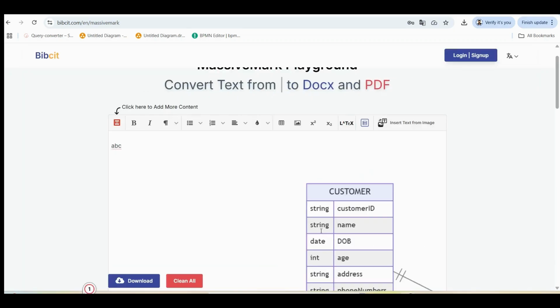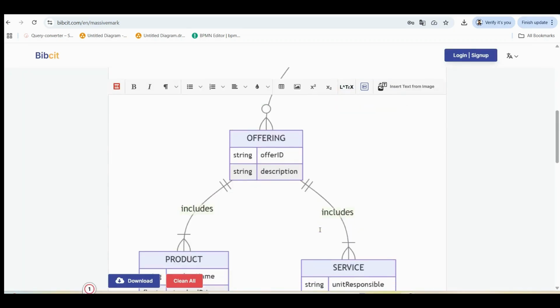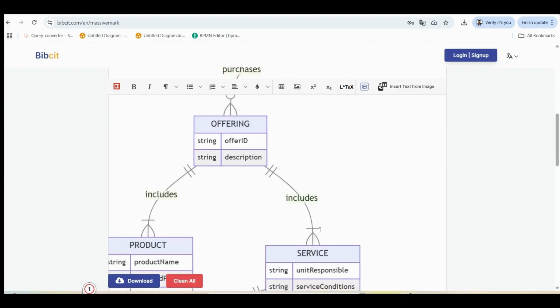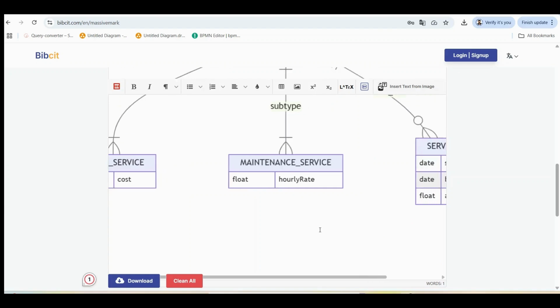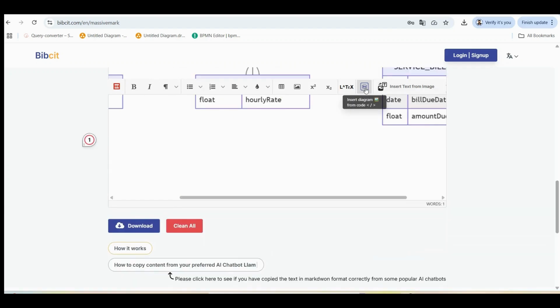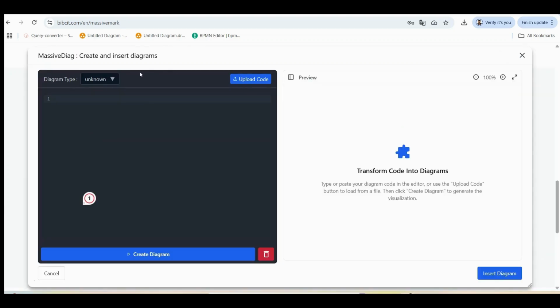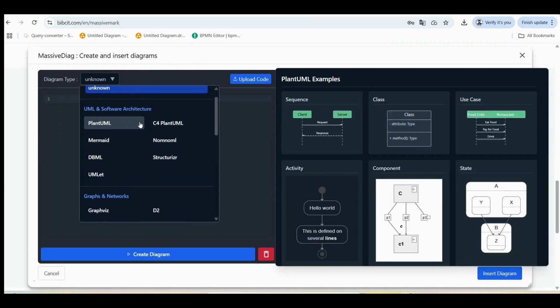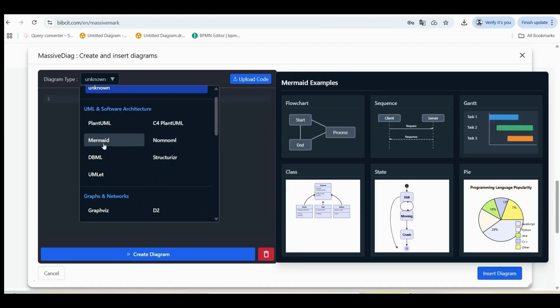Mermaid Playground auto-renders your diagram based on simple syntax. Supports 15+ formats. Supported diagram formats include UML and software architecture: PlantUML, C4 PlantUML, Mermaid, Nomnoml, DBML, Structurizr, UMLet,